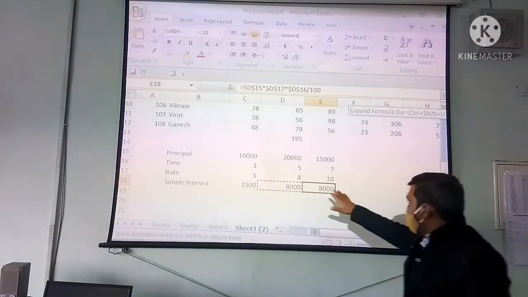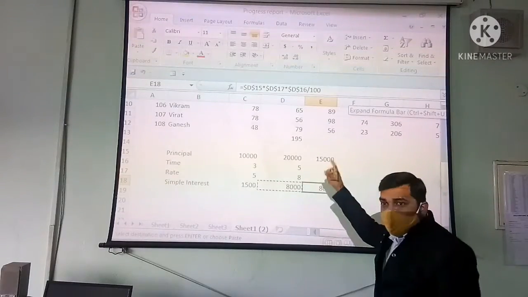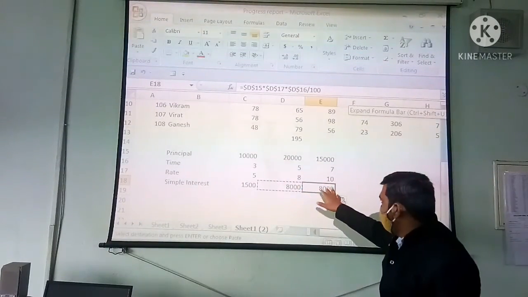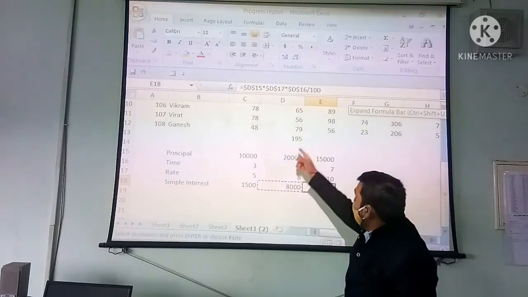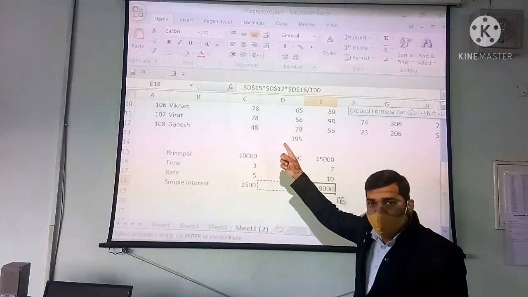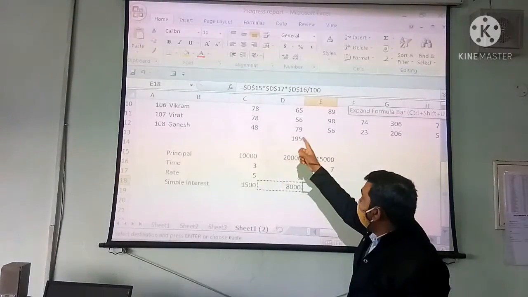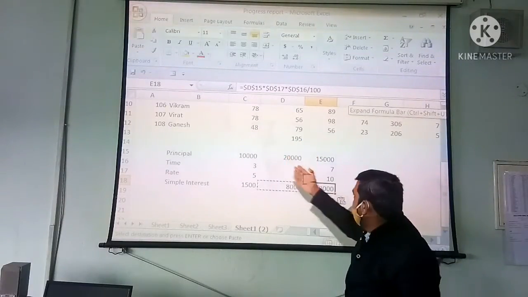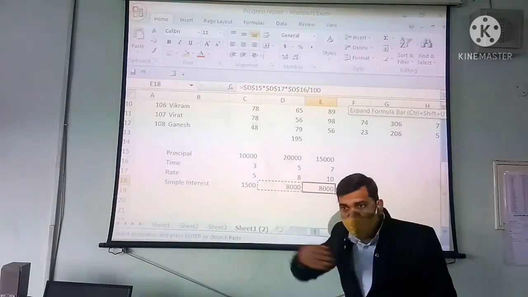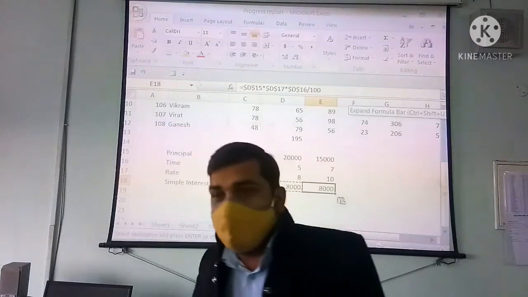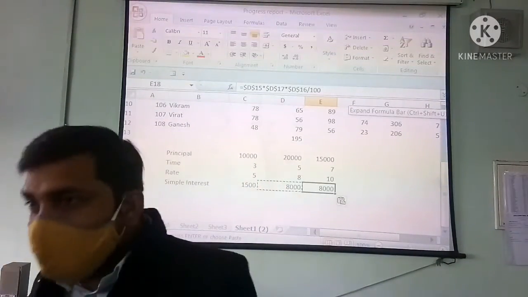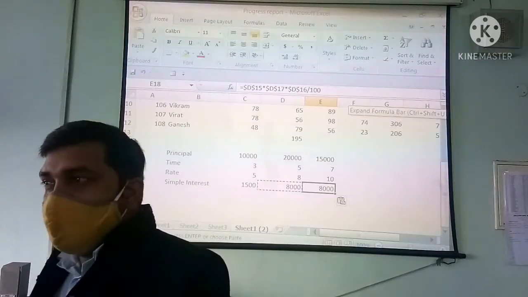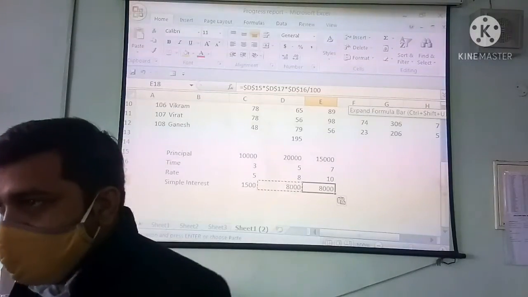Because this time the address, the reference of the cell, has not changed. This formula is taking the values from the previous reference that we have written, meaning D15, D17. So D15 is here only. This new value is not taken. So this only happened due to the absolute reference. If you need this type of thing in your formula, you don't want to change the reference address, so you write the formula with absolute reference.